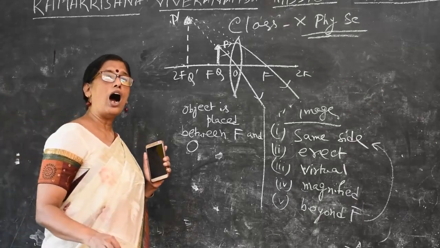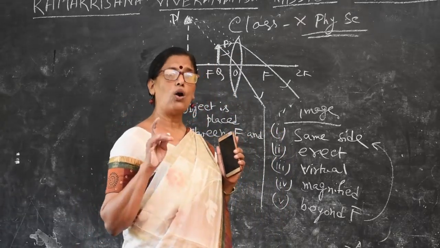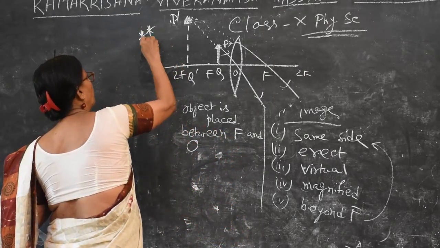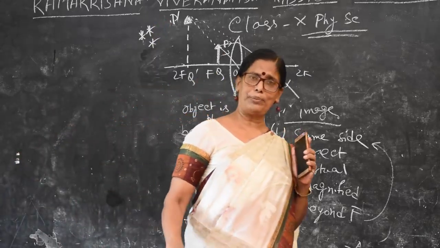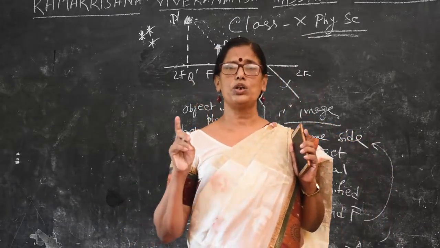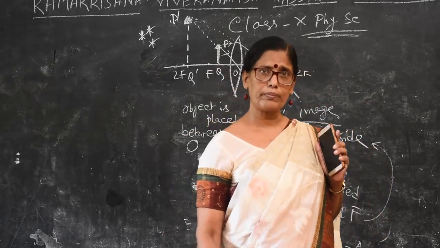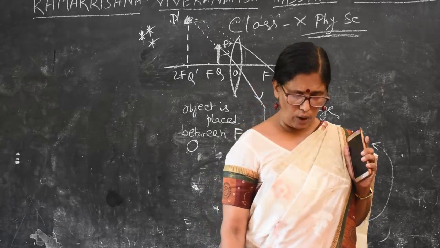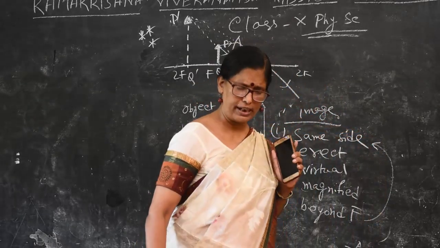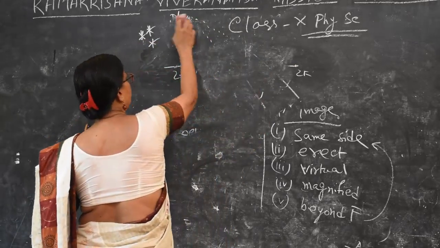So this is how you draw an image for a convex lens. Convex lens image is very important, and this is most important for this topic. Year after year, every time in the exam, this drawing is very important, so you must keep it in your memory. Now, only one thing: only one image for the concave lens. You draw only one image, and that is the last part of our today's lesson.